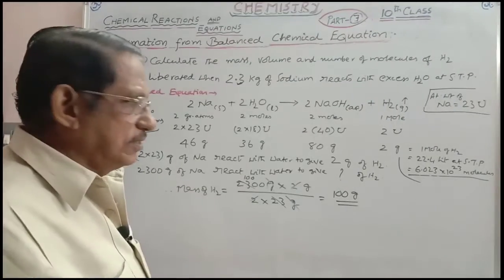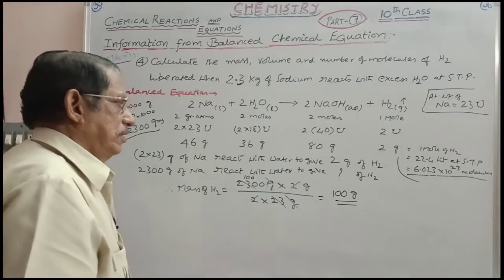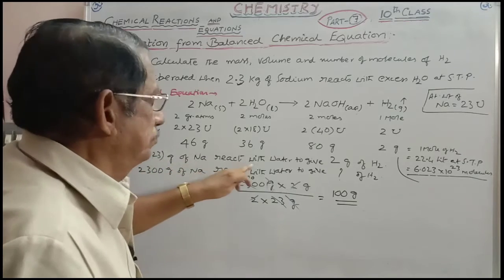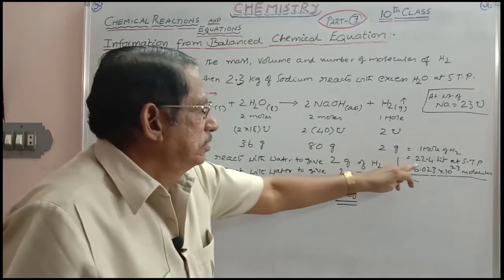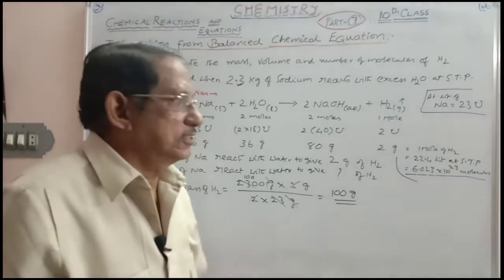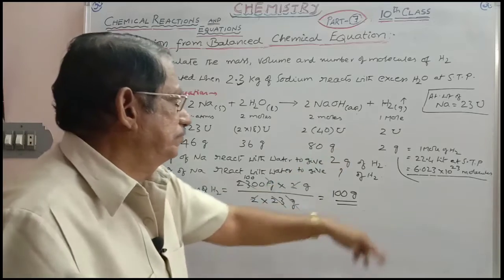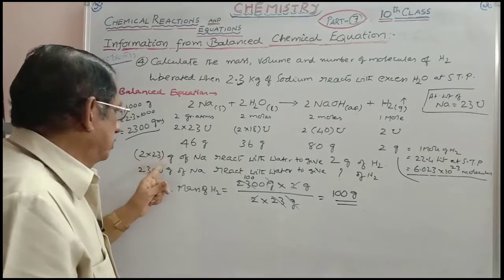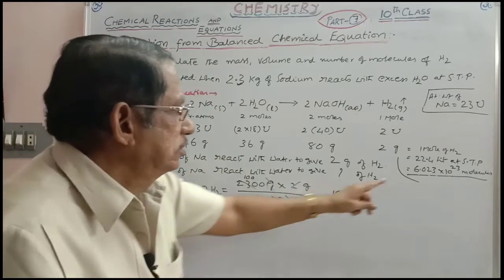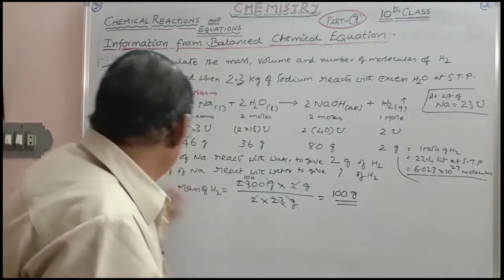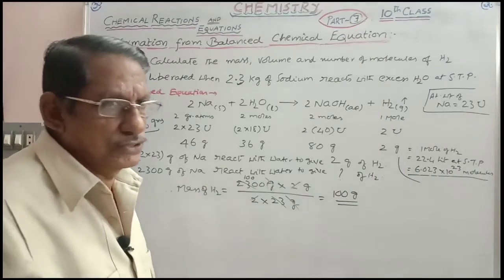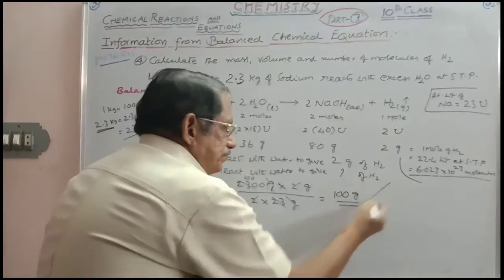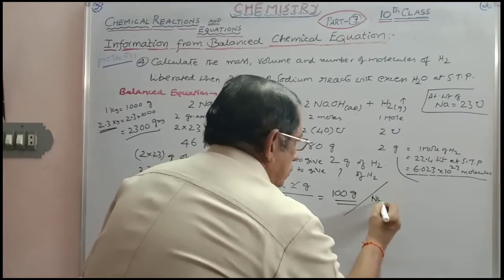From this you can easily calculate the number of moles also. You need not take, once again you can take 2 into 23 grams of sodium produces 22.4 liters at STB, for 2300 how much? This into 100. Like that, 2 into 23 grams of sodium produces 6.023 into 10 to the 23 molecules, for 2300 how much? You can calculate in that way also. From this you can already calculate mass is obtained, then the number of moles